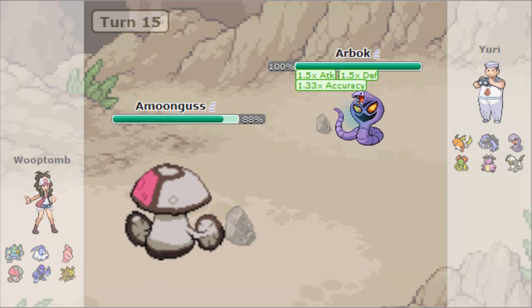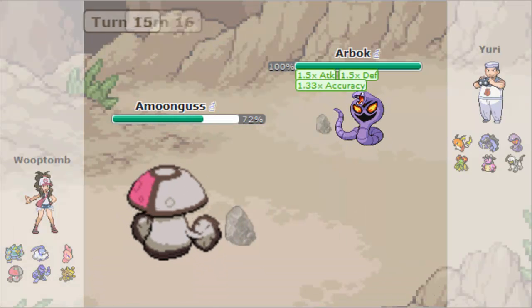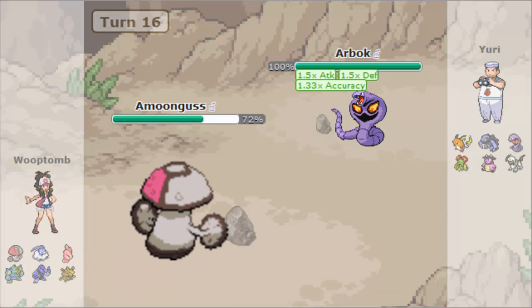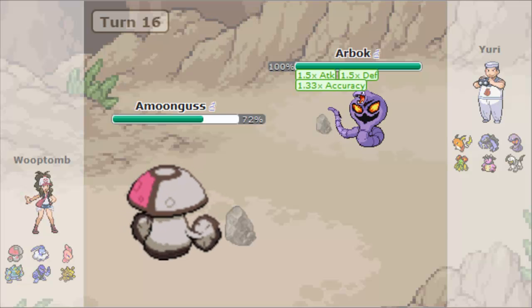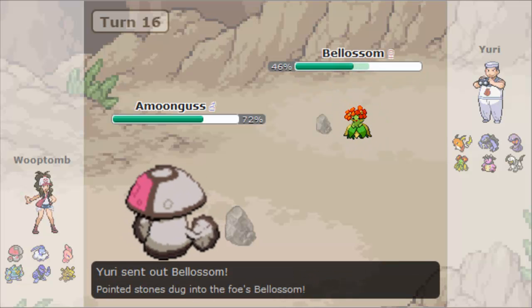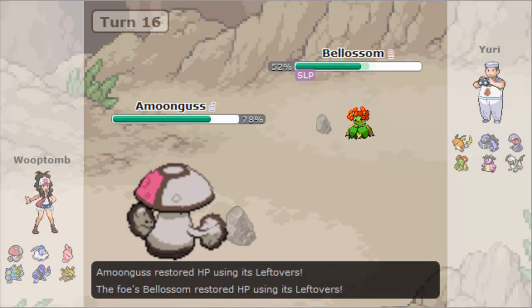So that's the plan right now, just keeping my dudes at good health. The Aqua Tail actually still does a nice chunk. That's because I'm especially defensive, so it's still not going to do anything too ridiculous because I do have the max HP investment, so I'm not too concerned about taking all that much. He does decide to go into the Blossom, which is a thing, and